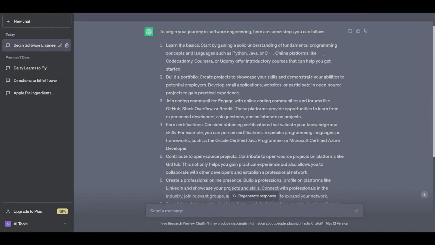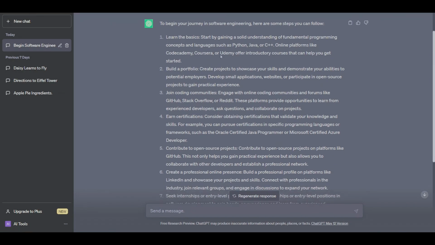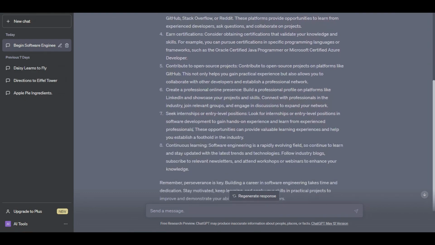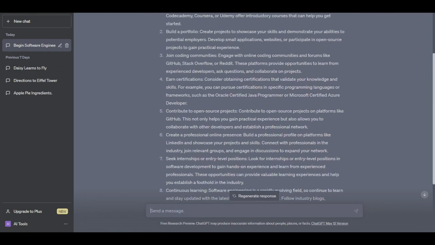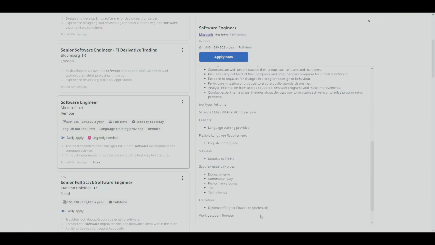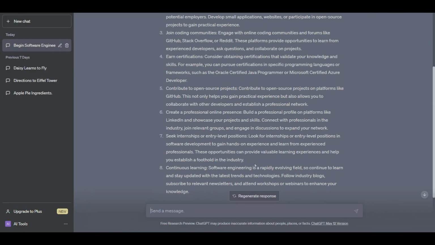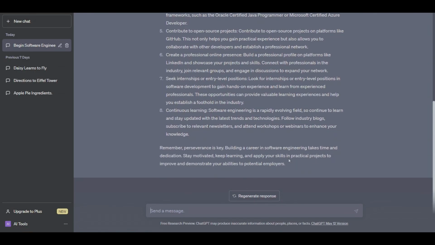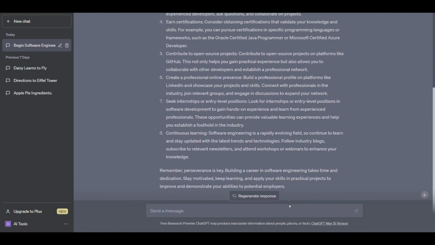So as you can see right here, to begin with your software engineering role, here are the things that you have done. And then as we saw earlier in the job description, we need to have a diploma of higher education. So say for example, we do match all of those. So we need to go ahead and talk to ChatGPT. So we have a few conversations to say I